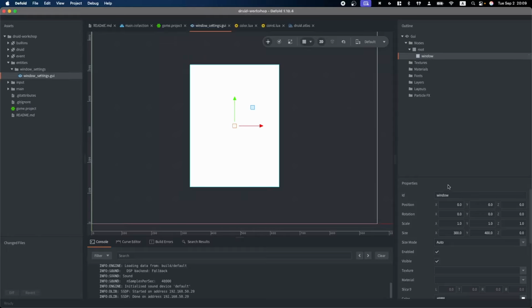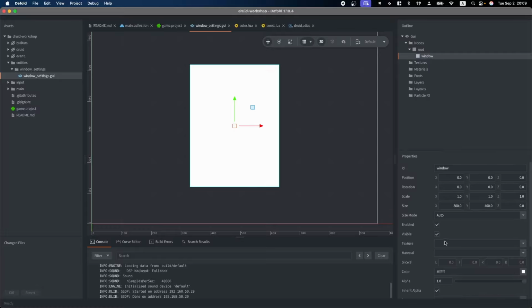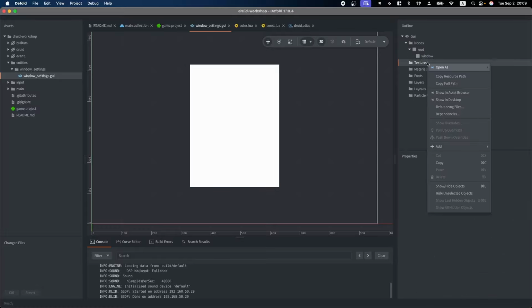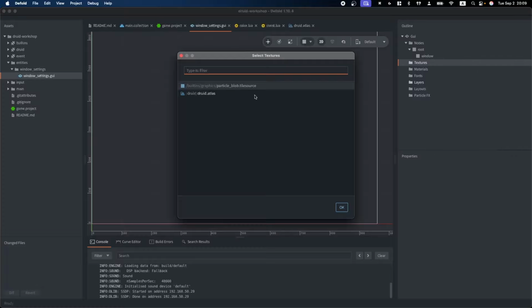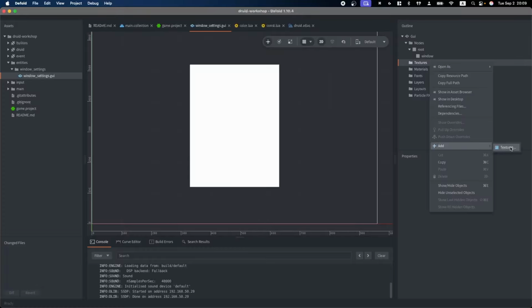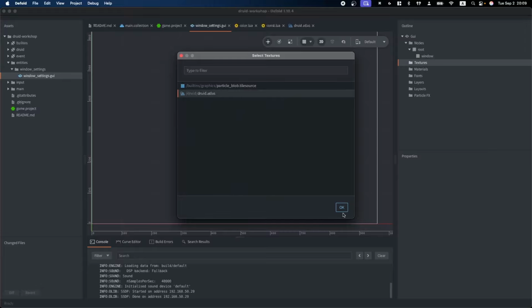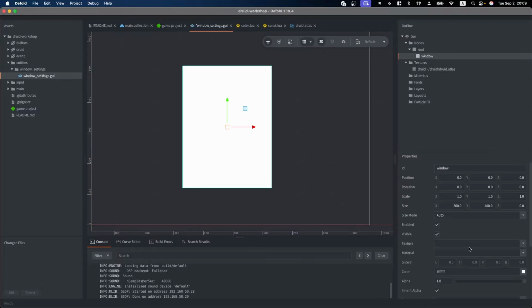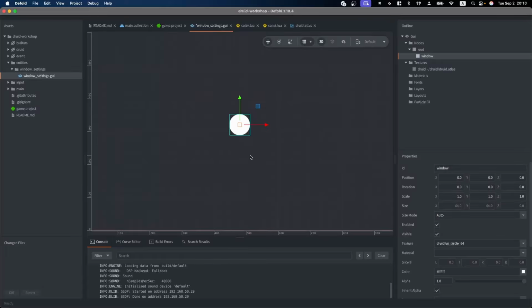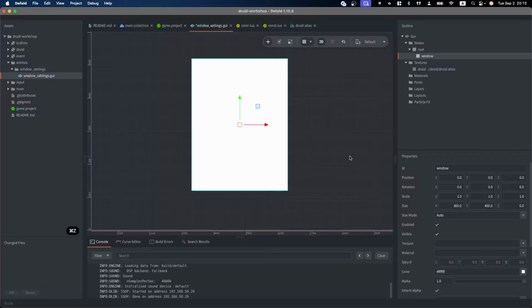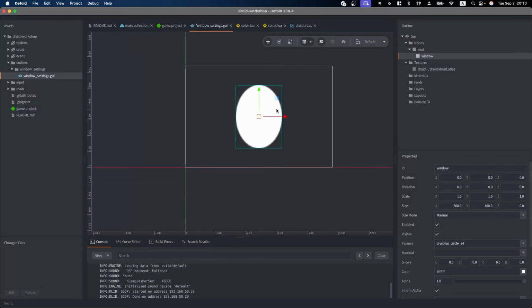And we want to use a texture for this window. But to use a texture, we need to edit the GUI file. And click texture, add texture, and select Druid Atlas. Then we can use textures from it. So let's select a circle, 64. When you select an image and you have size mode auto, your size will be reset to this image size. This is not the case for what we want here, so we can change the size mode to manual. So we use our circle, and we see the stretched circle.